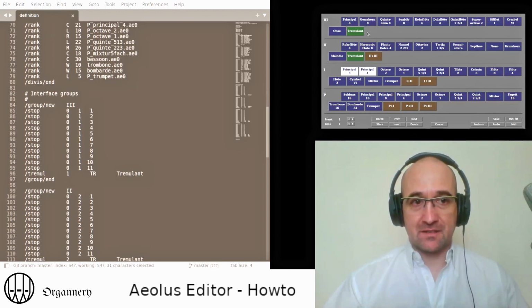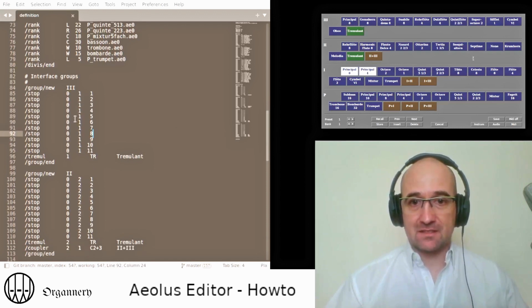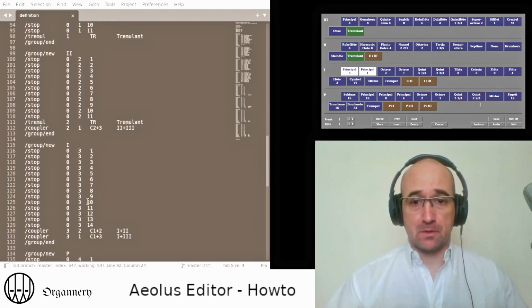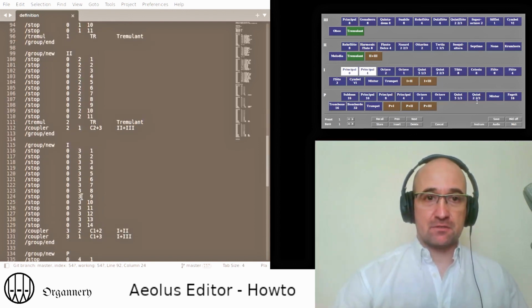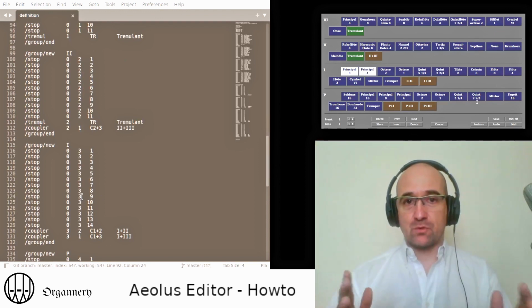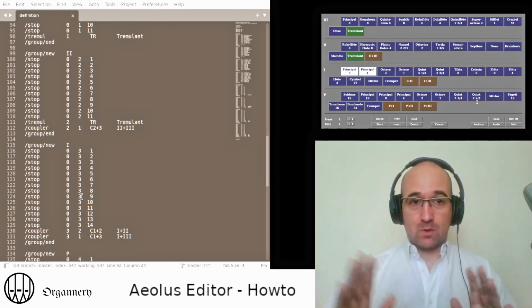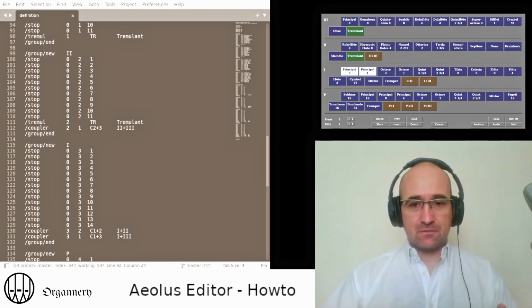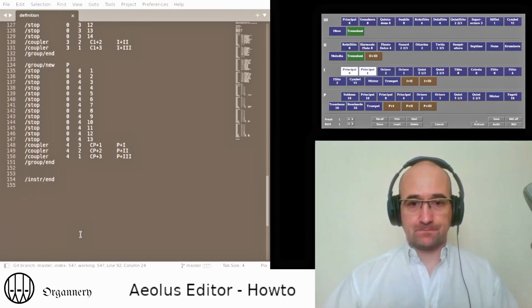That's where you say that you want buttons in the main Aeolus interface. So interface group number 3, group number 2, group number 1. Here in this definition file, which is the default one, you have one keyboard for one group, one keyboard for one division, exactly. But you can do some different things.